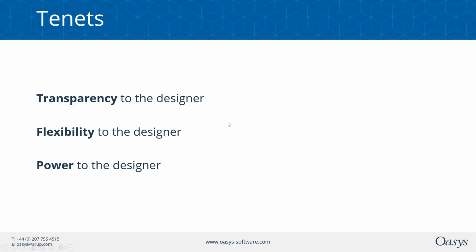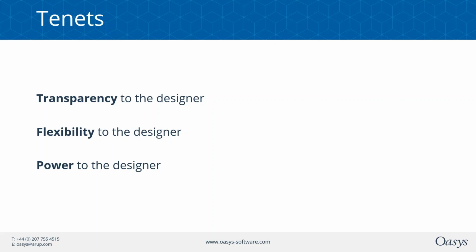So the basic tenets of GSA are transparency, flexibility, and power. Transparency, we give you full access to all the information. You're able to see all the results, why we give the results, and give you power and control over exactly what the program does. So you can work in the graphical view, you can work in the tablet view, both at the same time. You can work with APIs to integrate directly with the program and so on. And this all adds up to a lot of power in your hands,